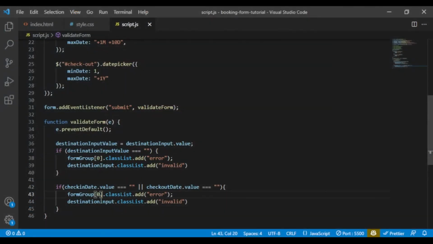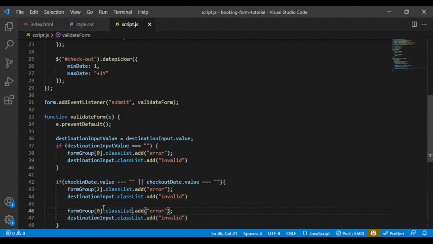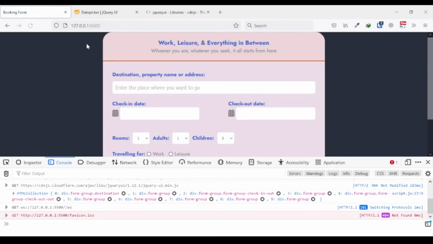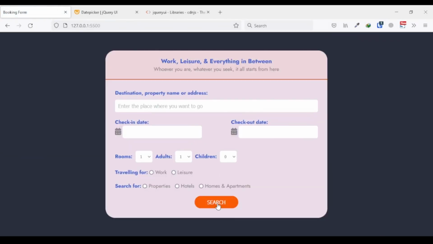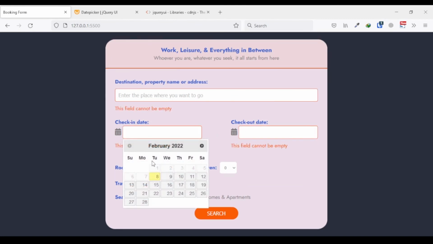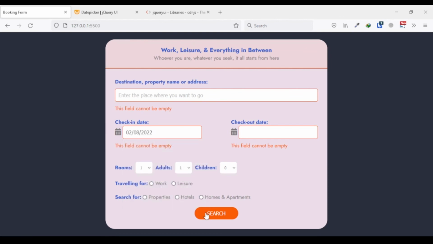Okay, so we're going to use form group 2, paste that one more time, and form group 4, and this time it should be check-in, checkout. So it should work now also. Click on search, see nice errors popping up, and when I select this and click on search, okay,